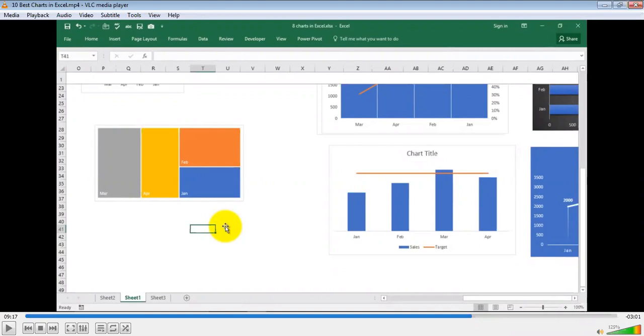Play around with data. It can be something like my monthly spending in the last 6 months. I'll plot a chart, and it will show me what I mean by target and what I mean by average, and where I really spend too much. So just try to create a table and play around with these charts, which will really guide you on how to present and what to speak.